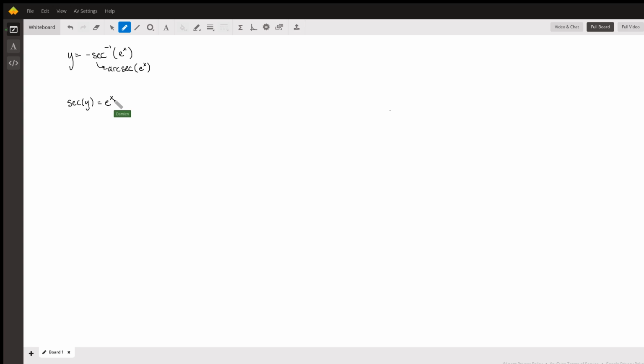And these two statements are equivalent, actually, because if I just take the inverse secant of both sides, for example, the arc secant of secant just cancels, and then the arc secant of e to the x gives us what we got right here. All right, so now that I have set that up,